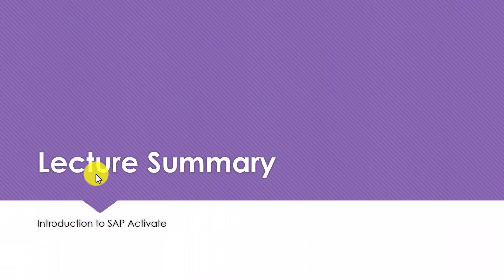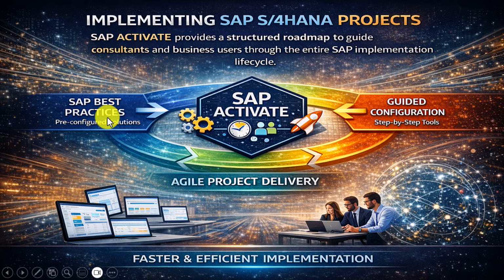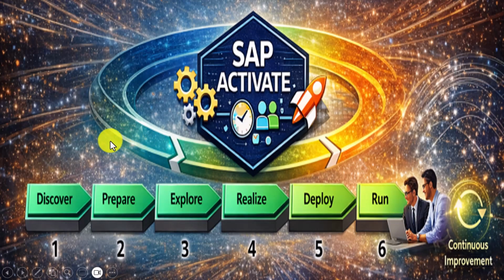So let's quickly summarize what we have learned in this lecture about the SAP Activate methodology. We started by understanding that SAP Activate is the standard implementation methodology for SAP S/4HANA, combining best practices, guided configuration, and agile approach. Then we explored the 6 phases of SAP Activate. First one is discover, understanding the business value and deciding whether to proceed, then prepare, project planning, team setup, and